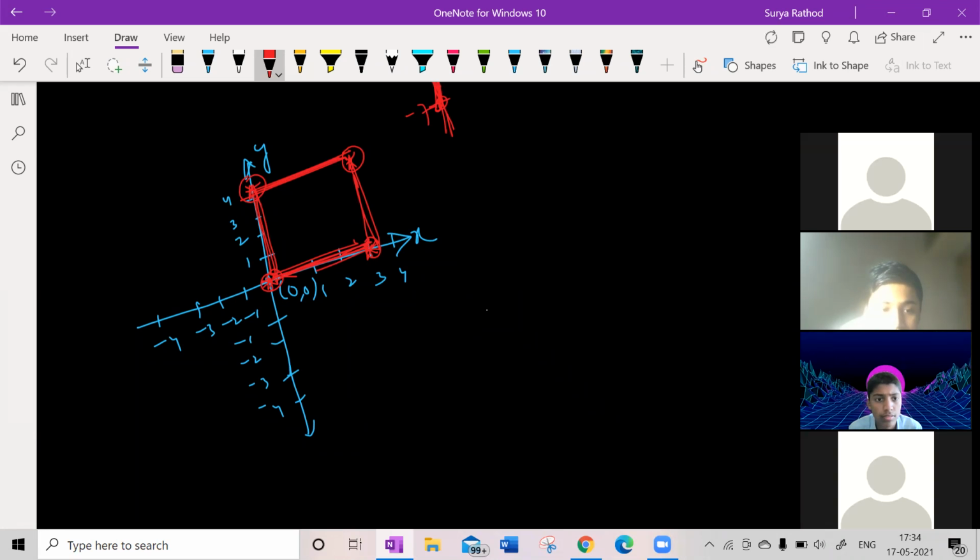So now how can I check whether it is a rectangle or square? Now look at this here. Let me tell you, don't talk please. See here, what is the distance from this to this? 3. What is the distance from this to this? 4. So it is not a square, it is going to be a rectangle, as simple as that.